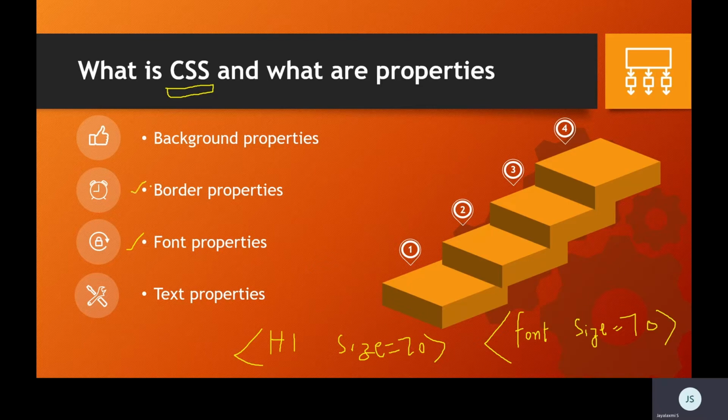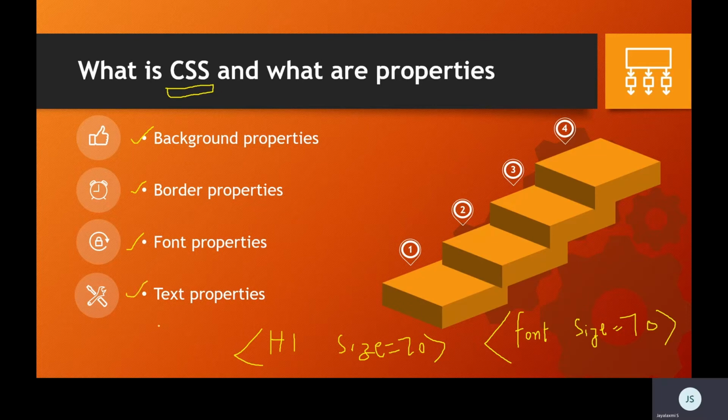I can give the borders. Borders generally will apply to the table, but apart from table, if I want to use the borders, I can go with CSS border properties. I can implement a background color even for a normal paragraph. Generally for marquee, table, and body background, we were using this background as of now. And apart from that, if I want to implement background, we will go with the background CSS properties.